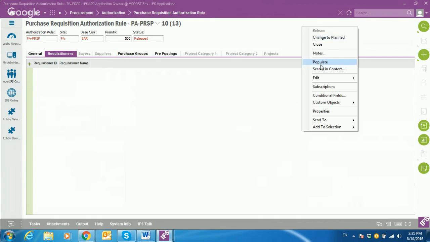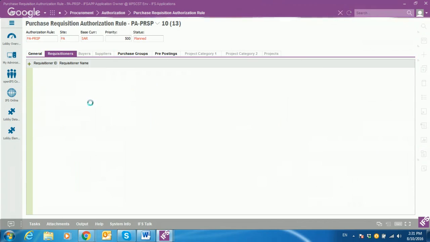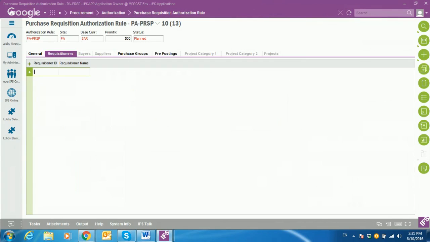I agree. INV is the tricky one. If you don't add it, it will not bring it otherwise. Even if you say on the general tab, add all requisitions, because INV is a system created one. Okay? Alright, so now what would happen is any purchase requisition, either the person creates manually or it gets created via order proposal,